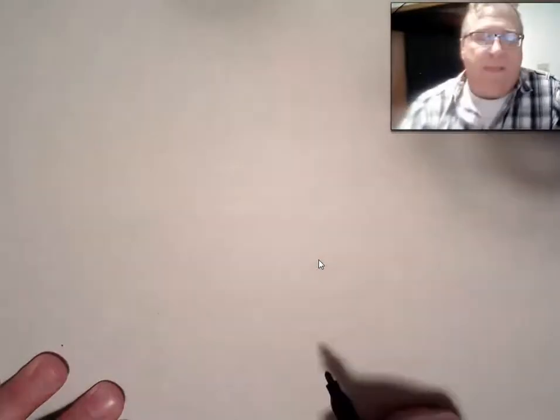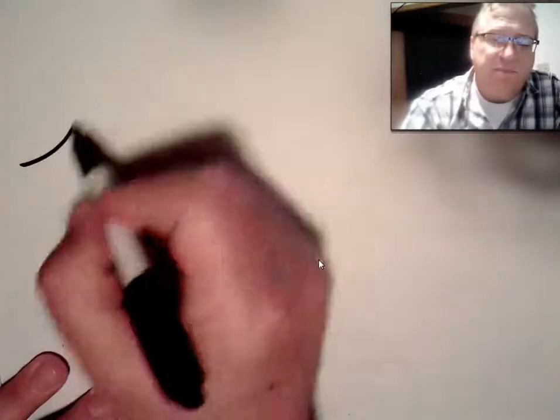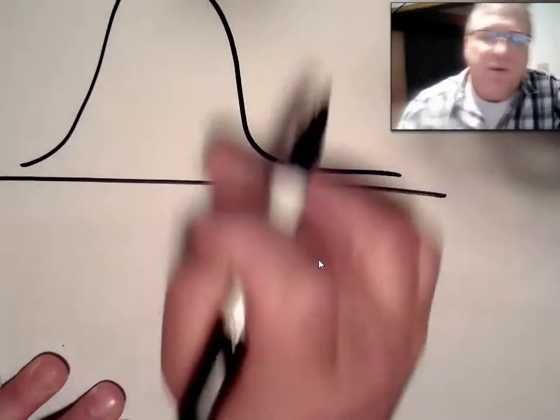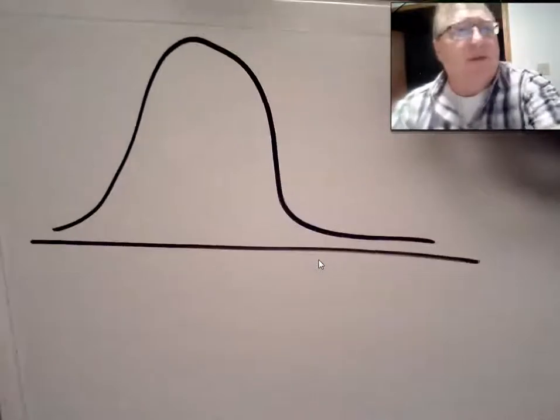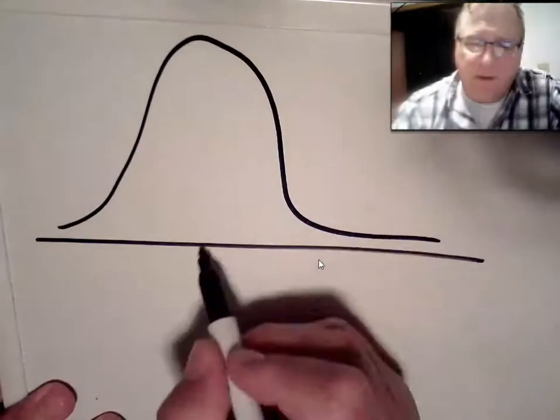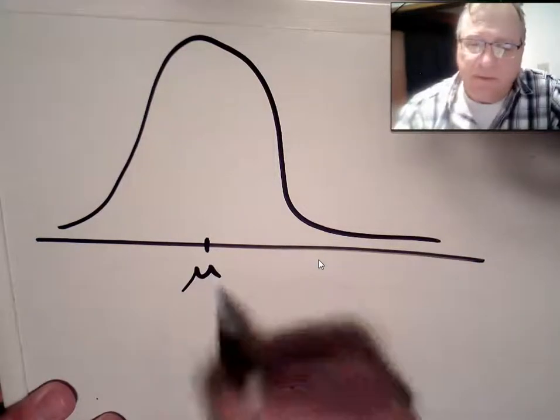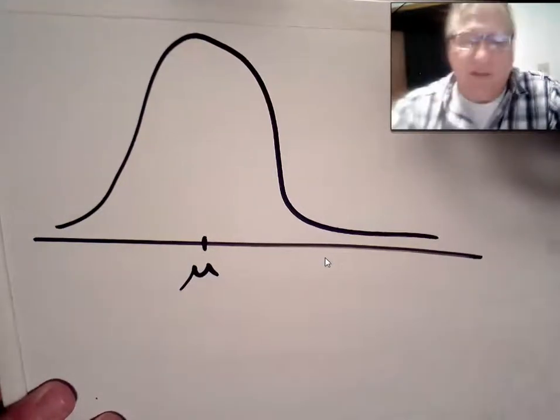Okay, Chapter 7, we learned about this guy. It's badly shaped, but that is, folks, a bell curve. And we learned, whoopsie, I'm getting ahead of myself. I want to back up. First of all,